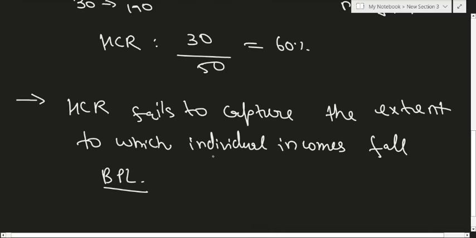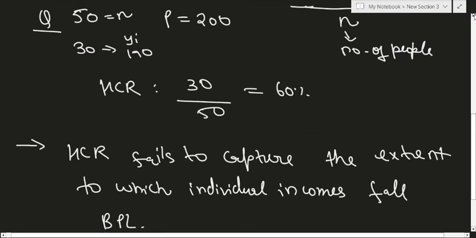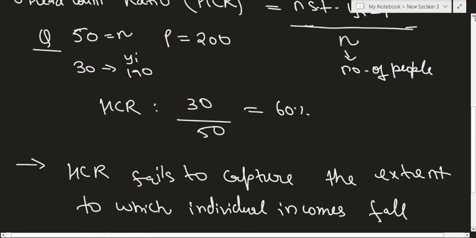Okay, now HCR cannot capture the extent, the degree by which a person's income is below the poverty line. For example,